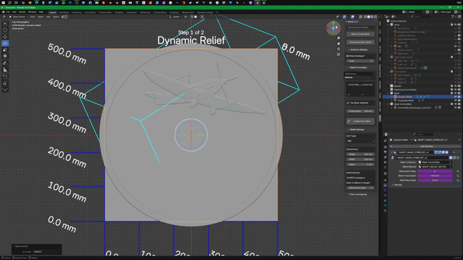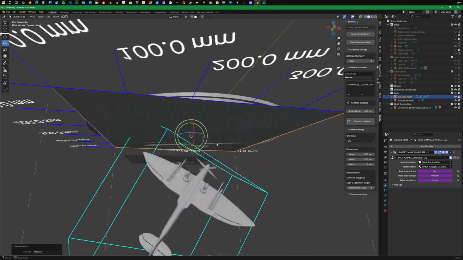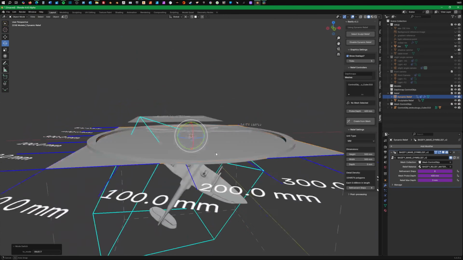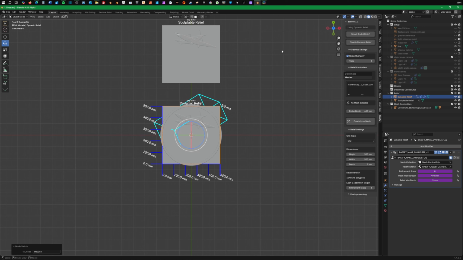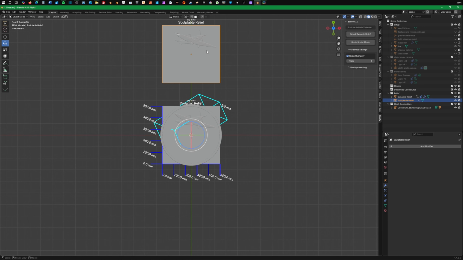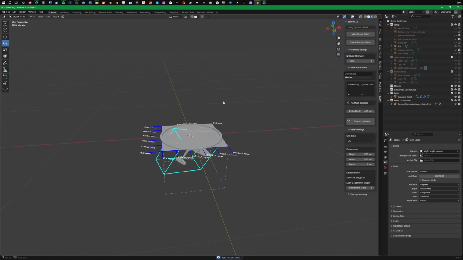So I can go back to my dynamic relief that I'm building with my airplane, and any changes I make to this will not be reflected in this. So each time I make a change to the main relief, I have to make a new sculptable one, but that's kind of cool.